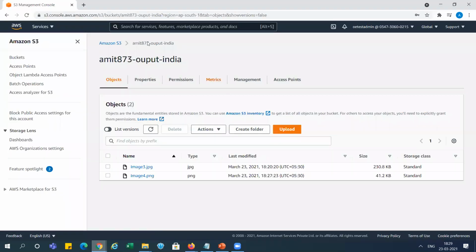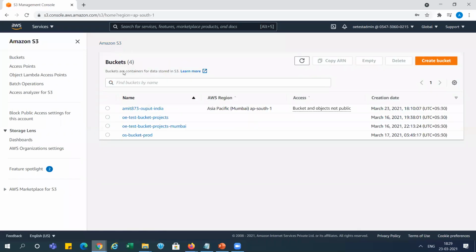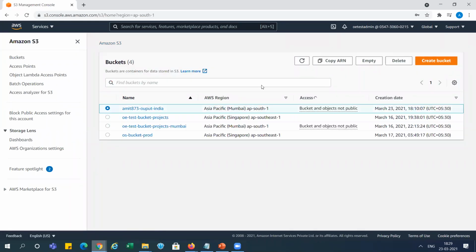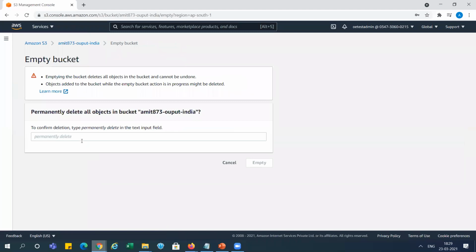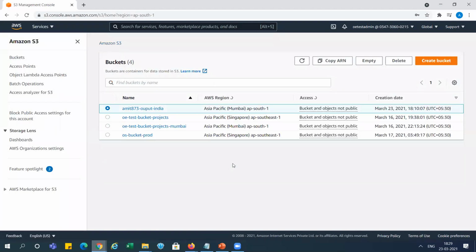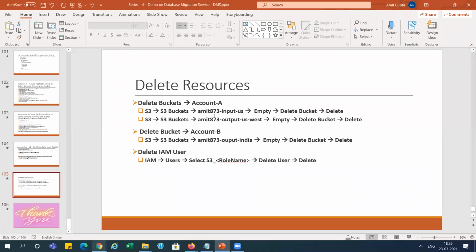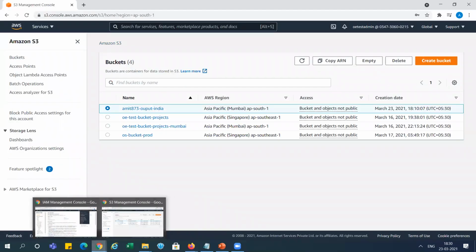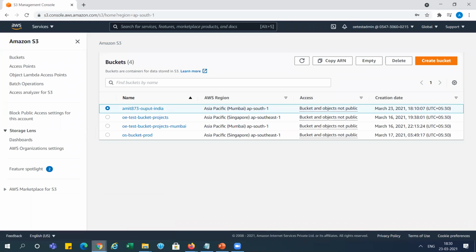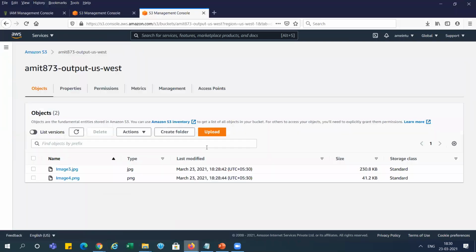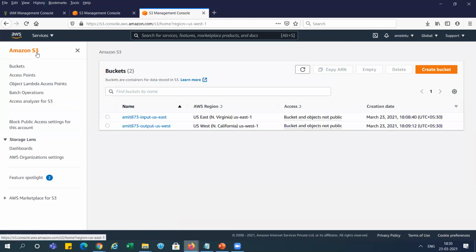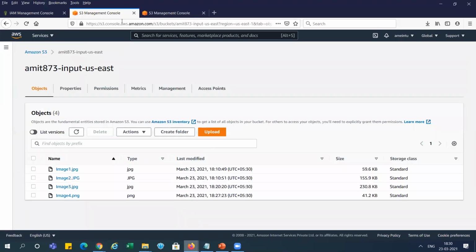Just go to S3. I'm going to select this one, empty, first empty. I think before this, we need to delete the sync, right? I missed out here, the sync. So first we need to delete the sync.